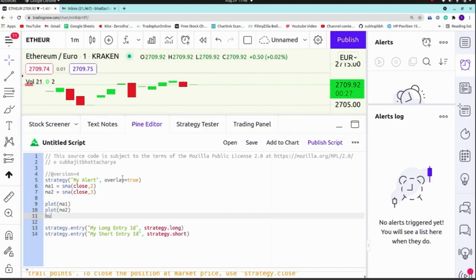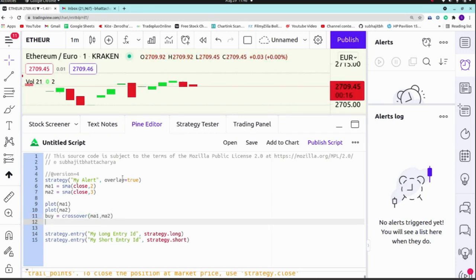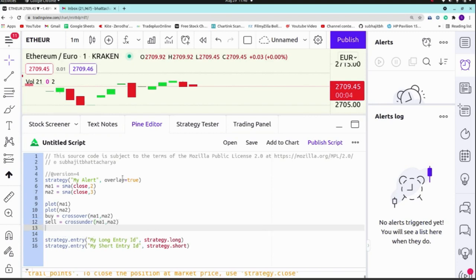Now our buy condition will be crossover MA1 and MA2, and sell will be crossunder MA1 MA2. So these are the conditions.